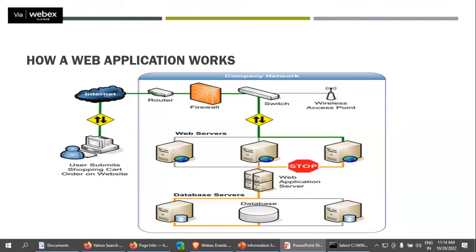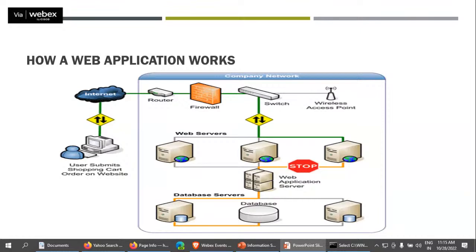Whenever you open a website, you click on a web browser and open it. Taking the example of a shopping cart, you open Amazon.com or Amazon.in. The request goes first to the router located in the organization.